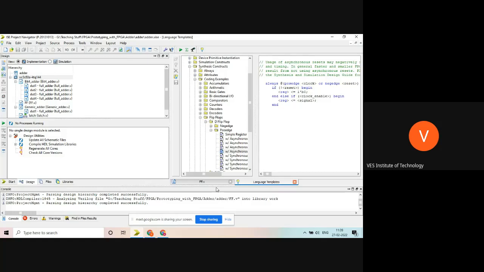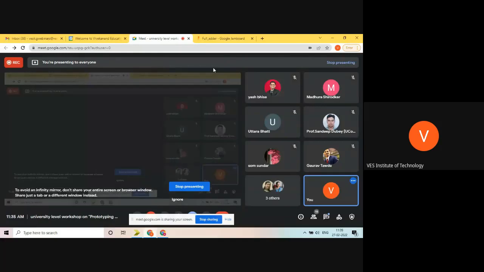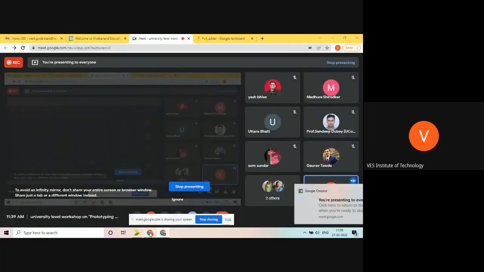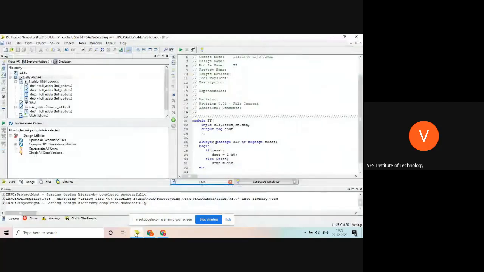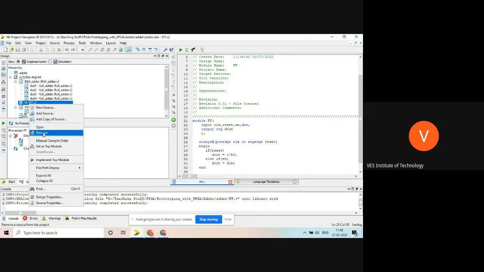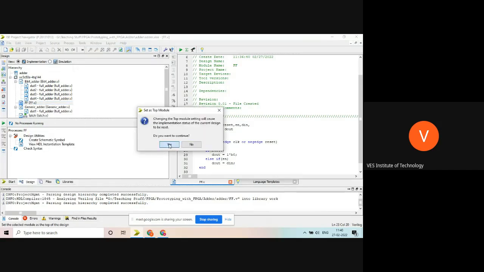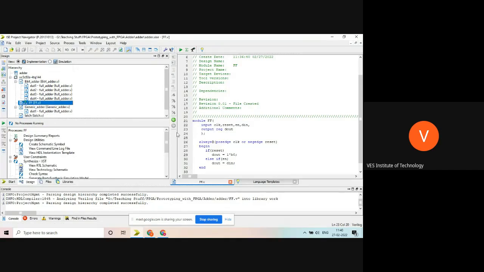We may try. Please check this, and we'll synthesize it. Let's synthesize. Make it set as top module. If you are not able to write the code, please use this utility, language template.